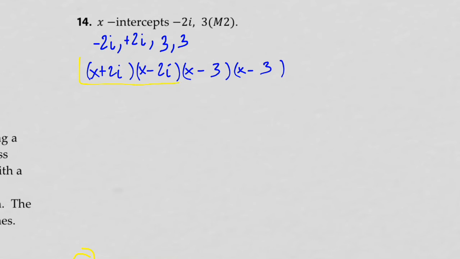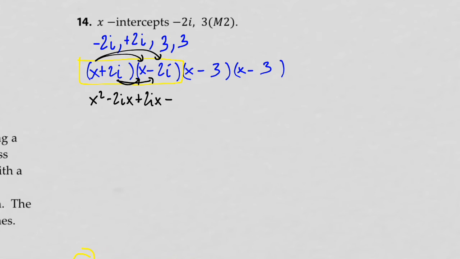We will start here, right? We got to be smart about this. We got to take care of those first, okay? So x times x is x squared. X times negative 2i is negative 2ix. 2i times x is positive 2ix. And 2i times negative 2i is negative